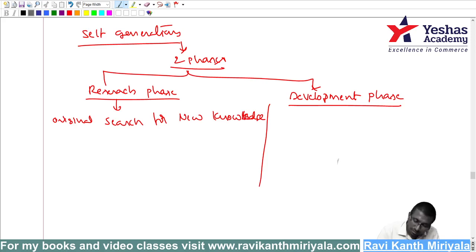Remember. New knowledge means which knowledge, sir? It can be technical knowledge, it can be scientific knowledge which is not known to the world. Got it? That is an invention. See, when can I recognize any intangible asset? First, it should be an asset. When do you say it's an asset? There should be probable future economic benefit inflows and it should be measured reliably. Cost or value can be measured reliably.